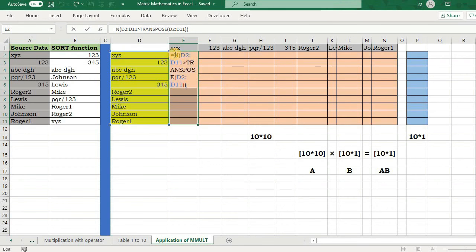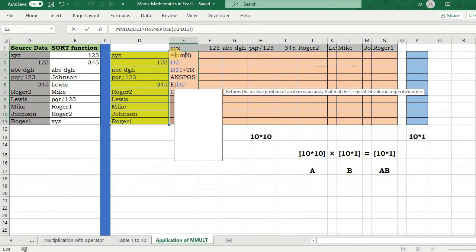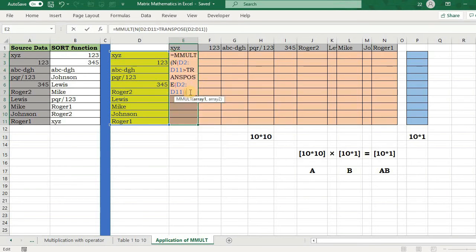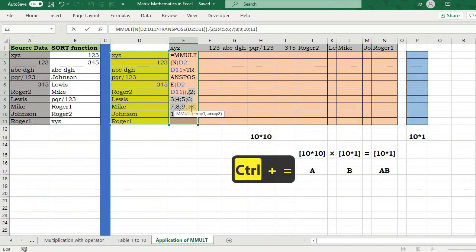Now as I told you in the beginning, I will multiply this with another array of 10 by 1 dimension having 1 in all cells. How can we achieve that? I will use the ROW function for that. And what does it give? If I select 10 cells, this will give me 2 to something, okay, but 10 values. So if I raise these 10 values to the power 0, anything to the power 0 is 1. So now you can check this, Control Shift Enter.